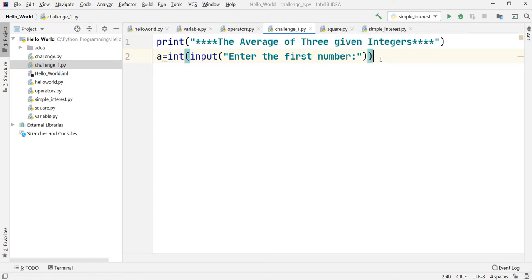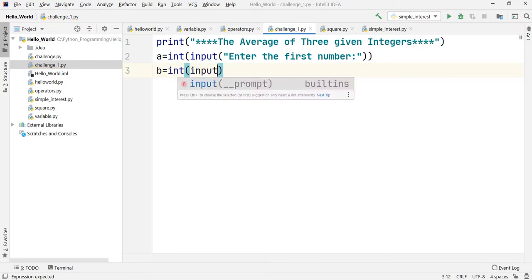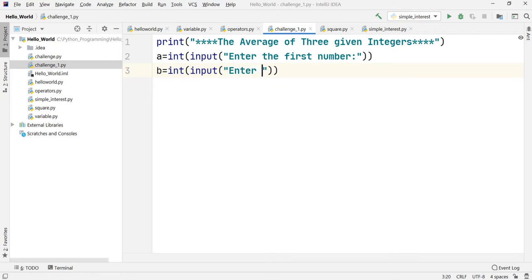Now let us take the other 2 variables. The next variable, suppose I call it b, again I am going to write int, again the input function, again one parenthesis, and in the parenthesis we are going to write Enter the second number. I had not written second number, we have written first number only, so I'll write here again first number, and there was one colon.